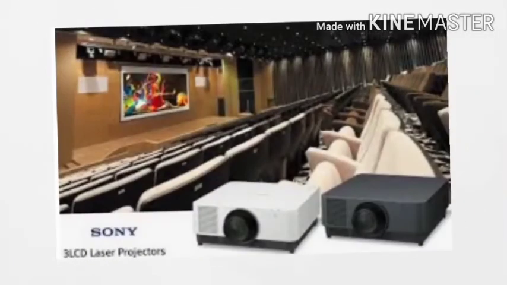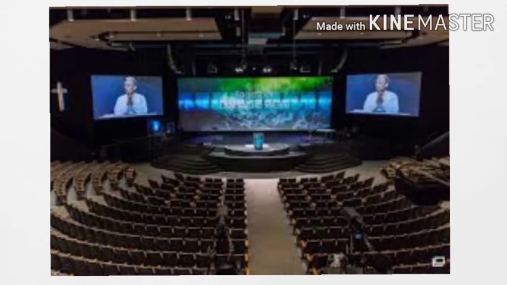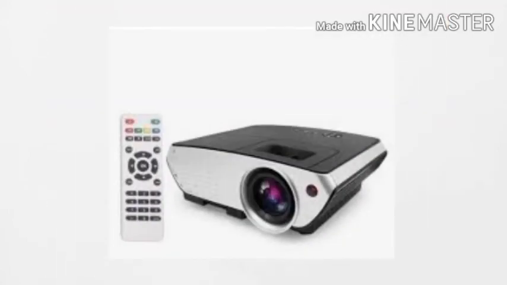You have seen in cinema halls or picture halls, where they have a projector at the backside, an overhead projector, which displays the movies on a big screen. That's why these LCD projectors are used. They are basically used to display presentations, or for meetings and conferences. People used to do video conferencing using these projectors. They are called LCD projectors.